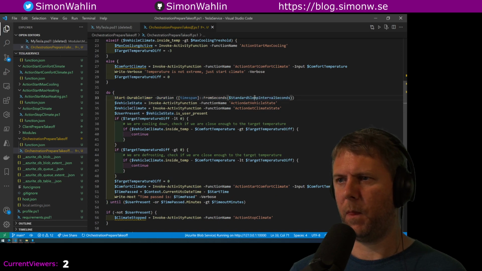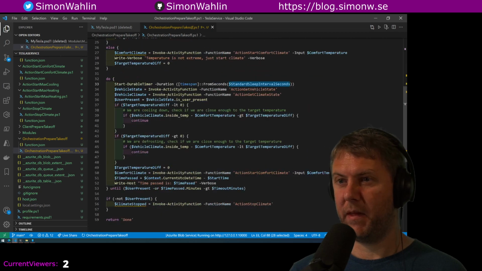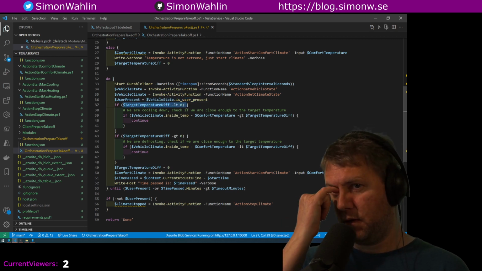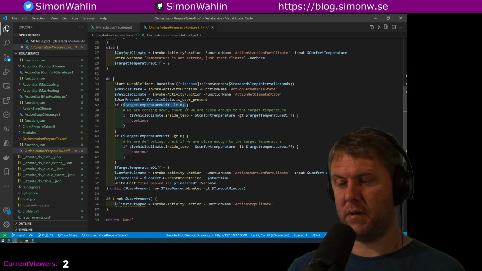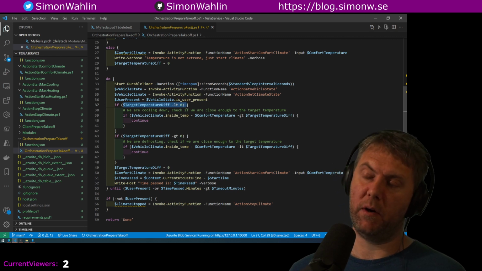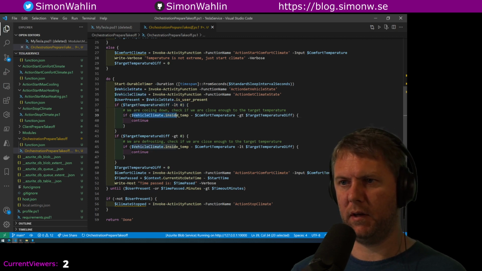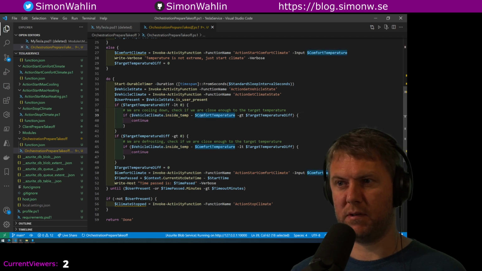Here is the timer. We sleep one standard interval, which is 45 seconds. And then we get the vehicle state and the climate state. And then we check if the user is present, and if target temperature is less than 0, then we're going down, or we're aiming to go with a difference that is below the comfort temperature. So then we're gonna look if the climate inside temperature, which is the current temperature, let's say it's 25, minus the comfort temperature, let's say that is